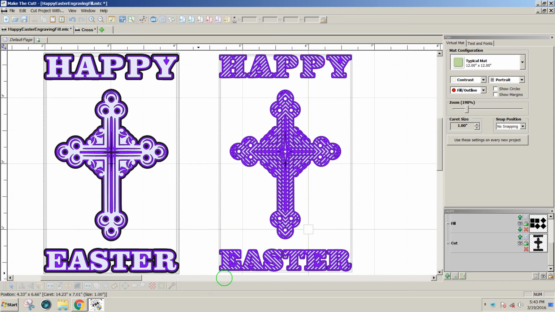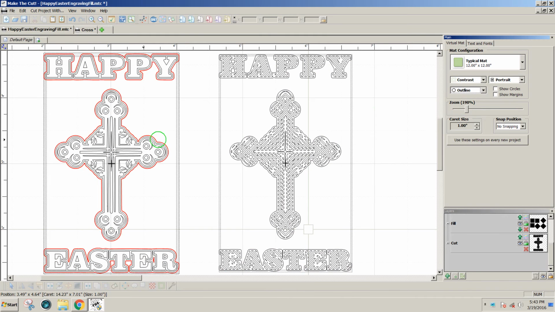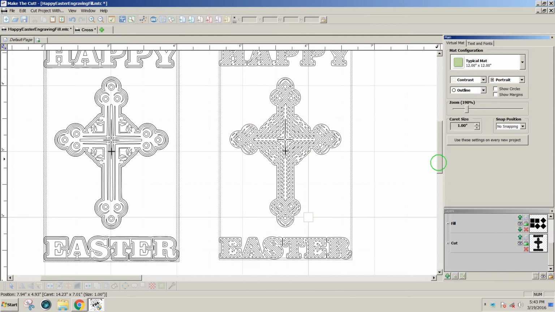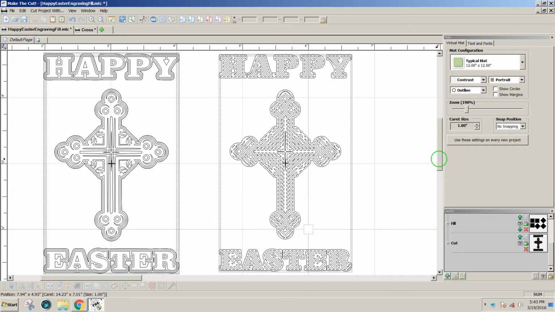Hello, this is Julie. Today I want to show you how to use some tools in Make the Cut for designing fill patterns for shapes and for text. We have several different styles of fills that we can do. I filled this ordinary cutting file over here with an island fill rotated to make a diamond island fill,